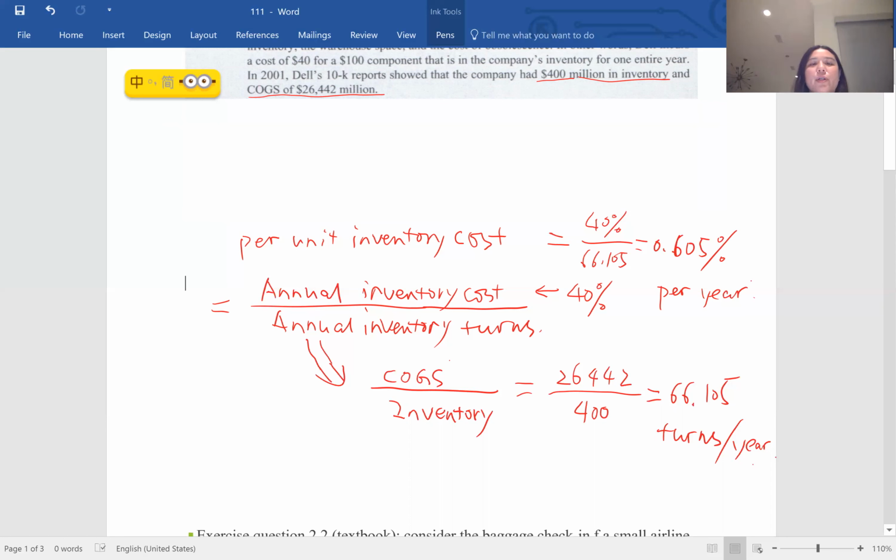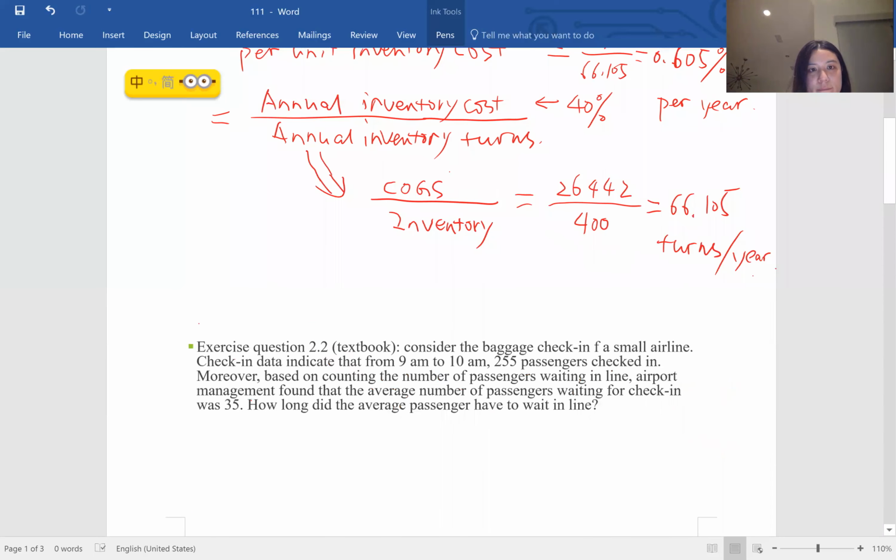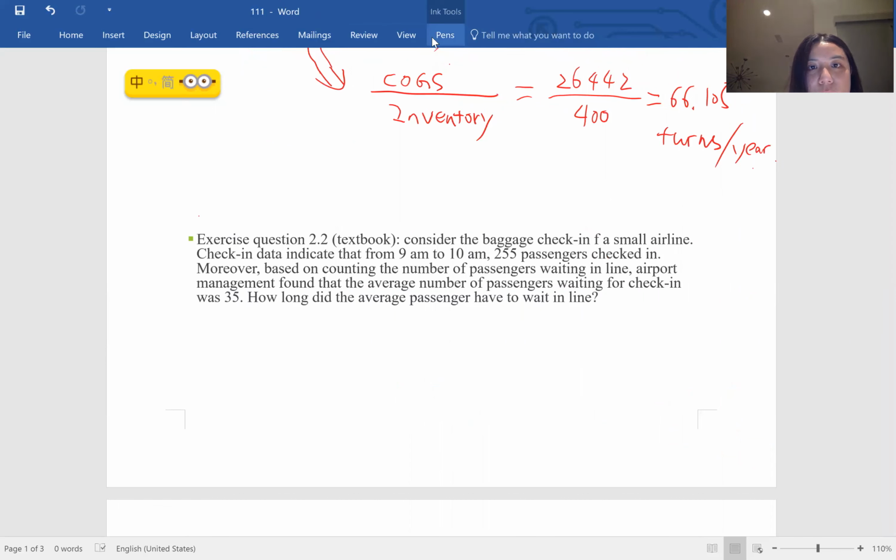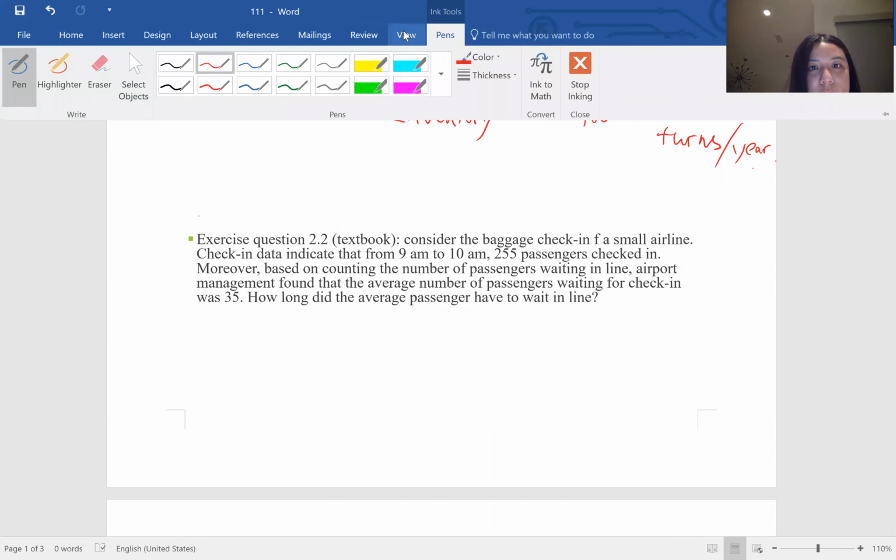So this is the per unit inventory cost. Okay. Any questions? If you don't have any questions, then let's look at